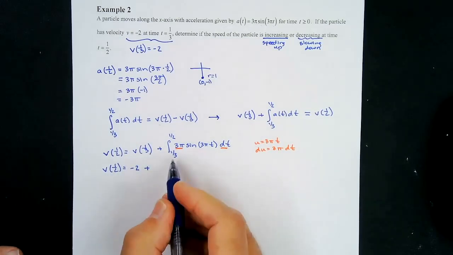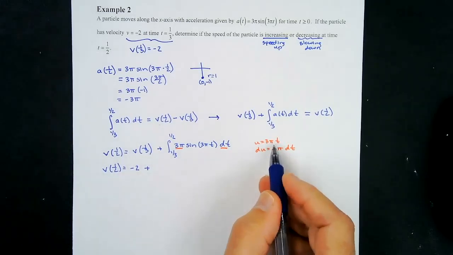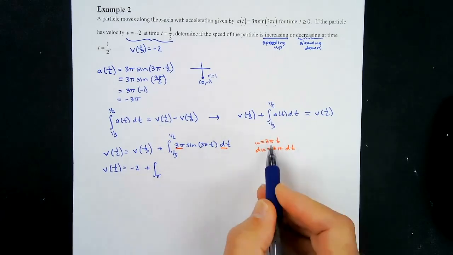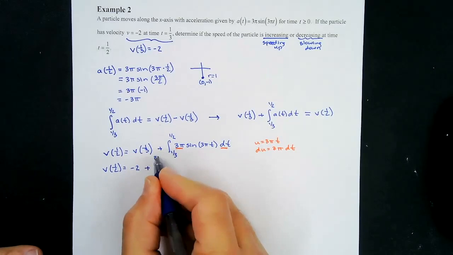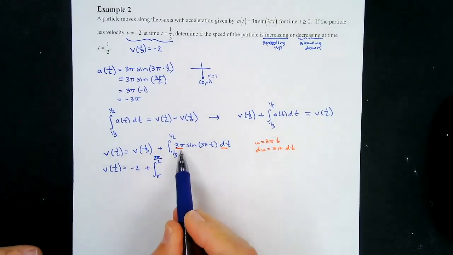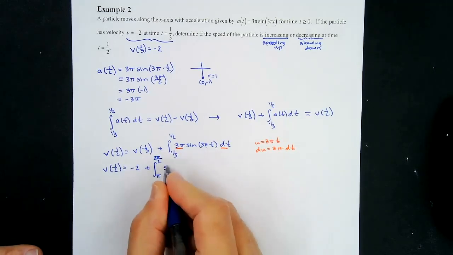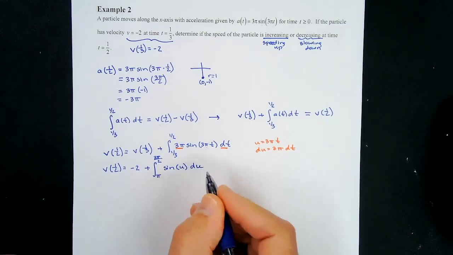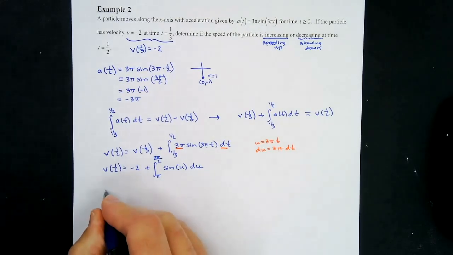So when I put this in here, 3 pi times 1/3, that would just be pi. When I put 1/2 in here, it's going to be 3 pi over 2. And this becomes sine of u and then du. And that makes it a much easier integral, okay? All right. So then that makes v of 1/2